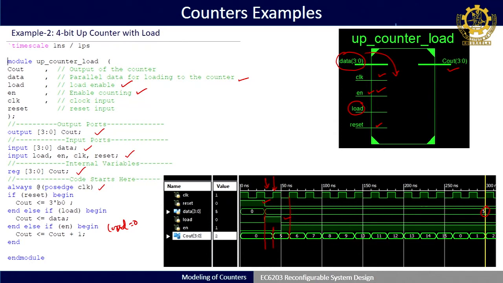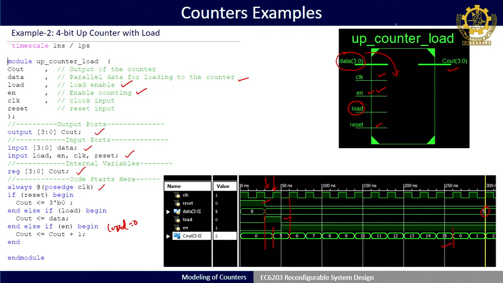As it is a counter loaded with a value, I do not want the entire counting sequence from 0; I want only the counting sequence from 5 to 15. So, if I started from 5 it will go up to 15, but again after 15 it will go back to 0 only, it will not come directly to 5 by itself. You can see here it is again going to 0.